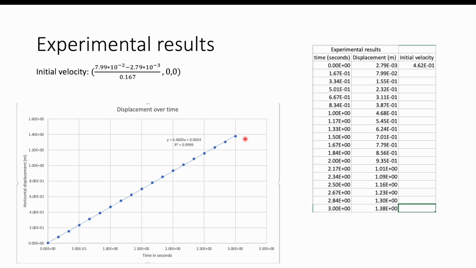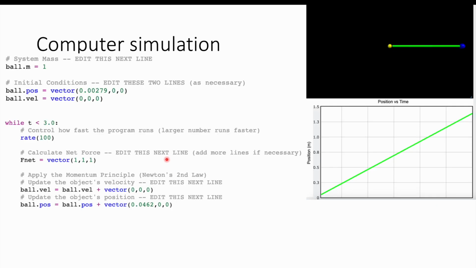Now, the average velocity can be found as the gradient of this line of best fit, which is, we'll say, very strong with an r-squared value of 0.9999, and the average velocity is 0.4605 meters per second. Now, for the computer simulation, the initial position vector, x position vector, is 0.00279,